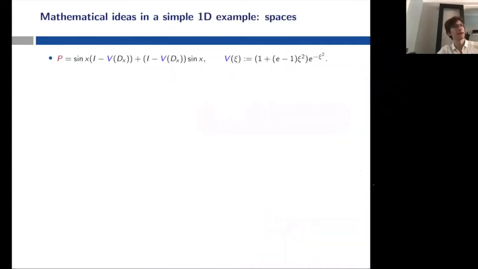And let me try to explain what the spaces look like. So here I have the same operator. I'm going to write now the symbol. Remember, V is super exponentially decaying, so certainly it doesn't show up in the symbol. So the symbol of P is nothing but 2 sine of x. And I can compute the Hamiltonian vector field, of course. It's just minus 2 cosine of x d xi, right? And so, okay,